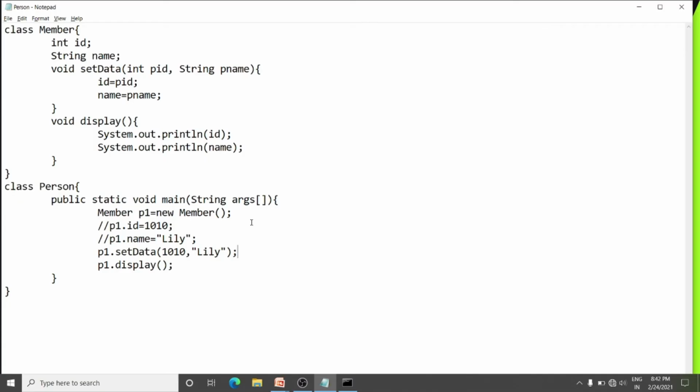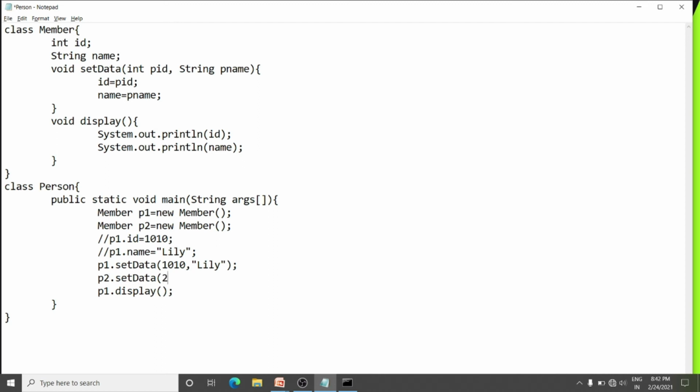Here I will create one more member for Bob. So here I will write member p2 equal to new member round braces. Here I will call the set data, p2 dot set data, say 2020 and then Bob. So this way we are again calling this method.